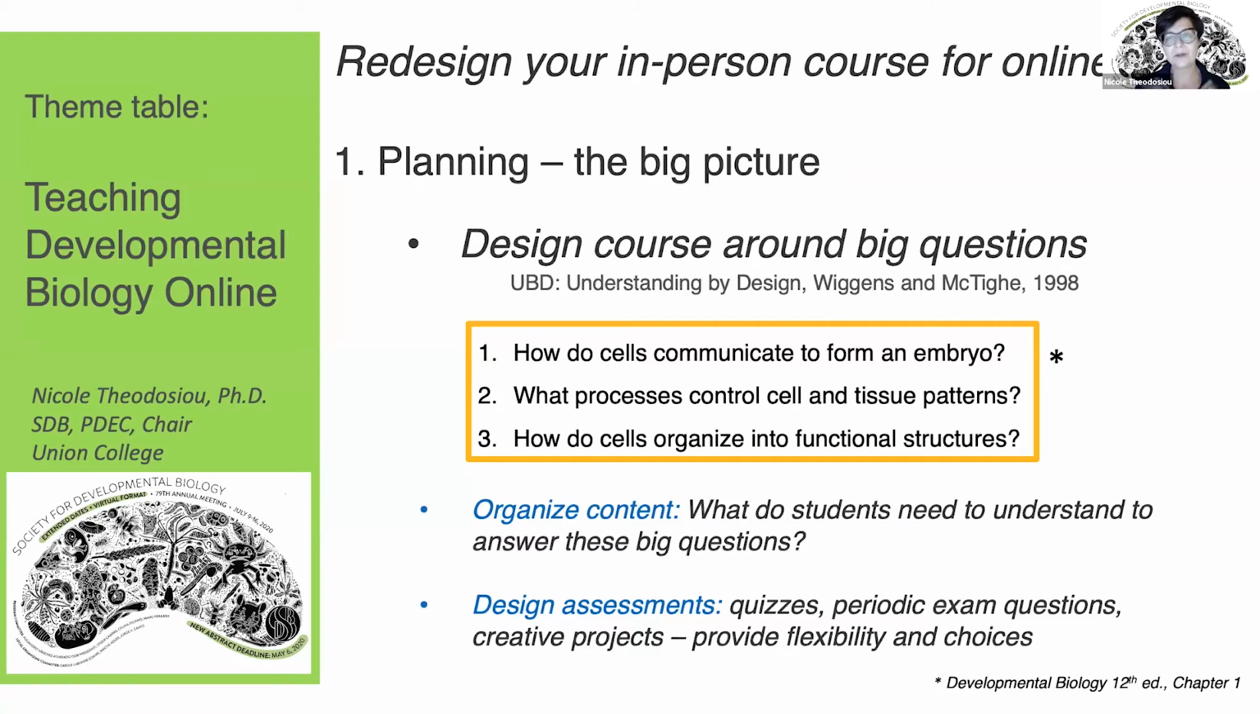So distill what you normally do and think about the big questions you've established and say, all right, what is the knowledge that my students need to know and understand in order to answer these questions? Maybe you won't be starting the same way as you normally do. Maybe you will be mixing and matching material in a different way than you normally do. But what this does help you do is distill the material and also maybe get rid of some things that